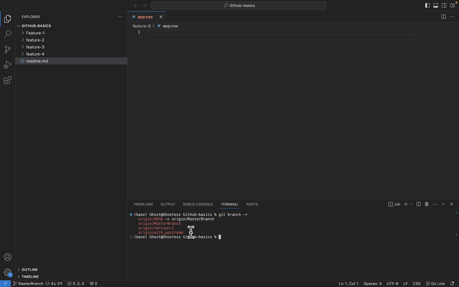Let's just delete this and then we'll check if it has deleted the local tracking file, plus the local branches. So let's do git push. Let's see if this is going to work. Git push origin. What do we want to do? We want to delete. And what are we going to delete? The name of the with-upstream branch, right? If I hit enter,